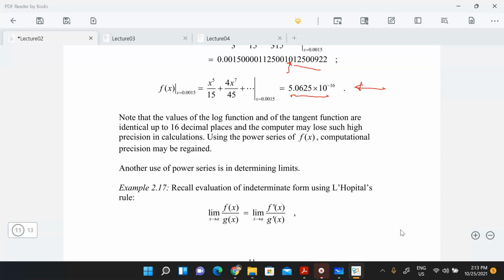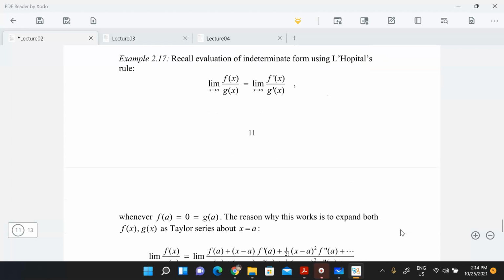Okay. So another application would be, if you remember, we did a few times, L'Hopital's rule. Okay, why does it work? So when do you apply L'Hopital's rule? Okay, the L'Hopital's rule, let me just go down, is when you have problems where you get things like,